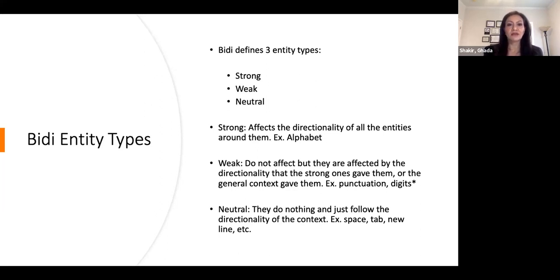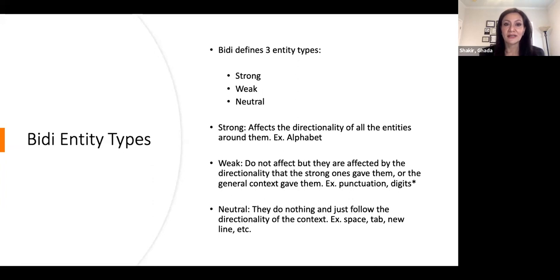And once you have a grip and a good understanding of how this works, this will save you a lot of time trying to figure out why the line continues on the opposite side of the page, or the parentheses are not flipped, or the numbers are not in order, and all of that. So once you get a grip and understanding of how these entity types work, you will have a better understanding. You don't need to understand the language. We all work with languages that we can't read or understand, or